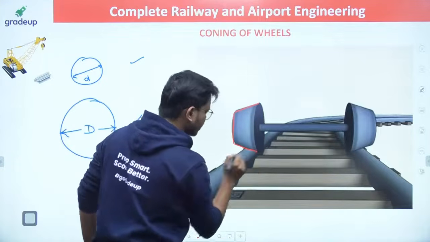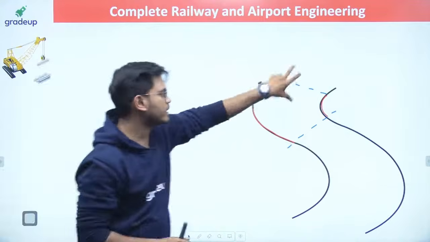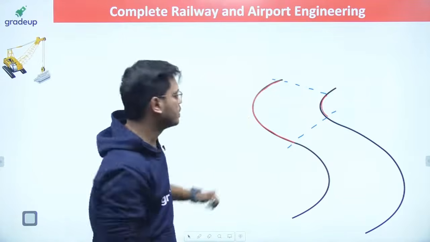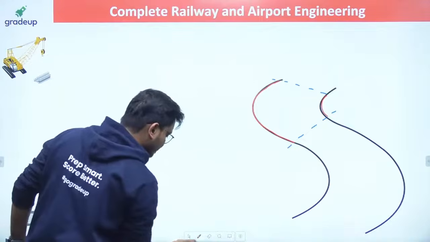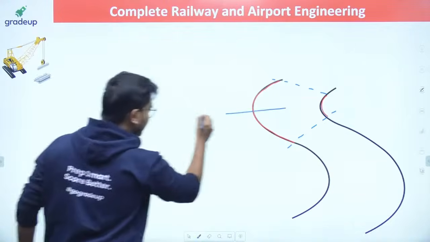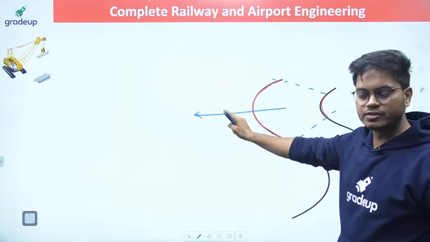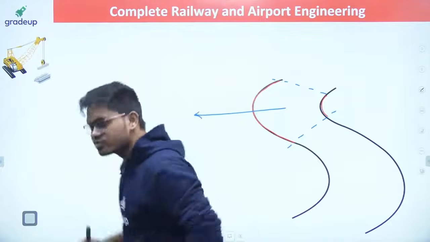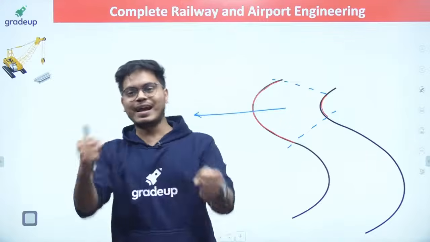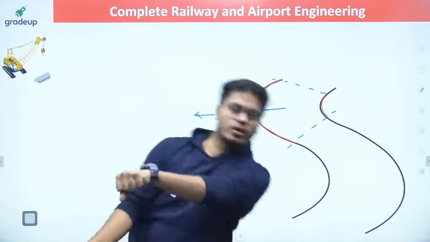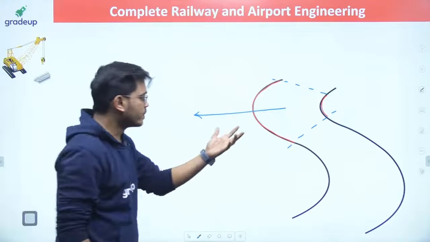See, right? So now what is going to happen? As soon as the train comes to the curve, the train will have the tendency to go outward due to the centrifugal force. Agreed? Everyone agreed with this or not? Whenever we are driving and turning the car in the right direction, our body has the tendency to go in the outward direction due to the centrifugal force. That is a very simple concept. mv square by r is the centrifugal force here, right?